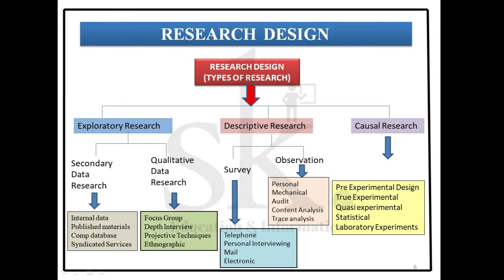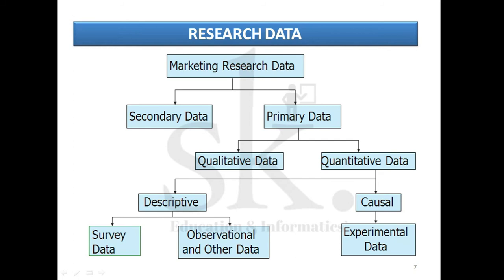On the other side, if you talk about descriptive and causal research, you can see from this diagram that it is based on primary data, which is collected from the market, maybe with the help of a questionnaire. Descriptive research is to describe something, describing the characteristics and features of the market. Causal research, on the other hand, is a cause and effect relationship. Like the way we explained with variables, there can be a few independent variables which impact the dependent variable.